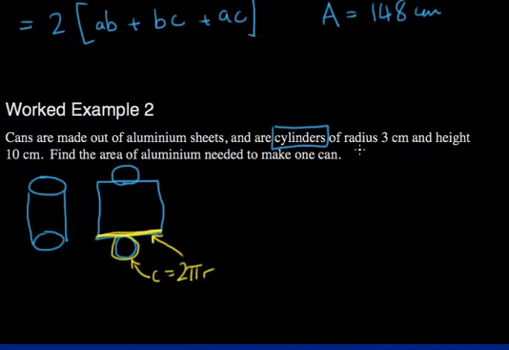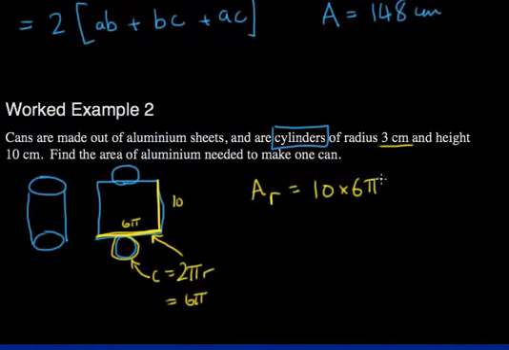So by reviewing the question again, it says that the circle has a radius of 3. So that must mean that the circumference is 3 times 2 times pi, which is 6 pi. That means in this rectangle, that length is 6 pi. And the height is 10. So that length is 10. And to find the total area, the area of the rectangle would be 10 times 6 pi, which I will